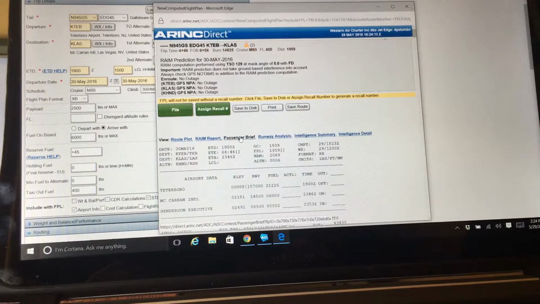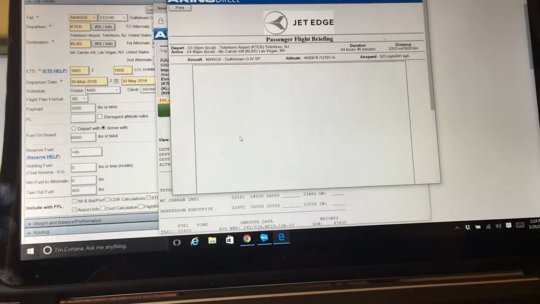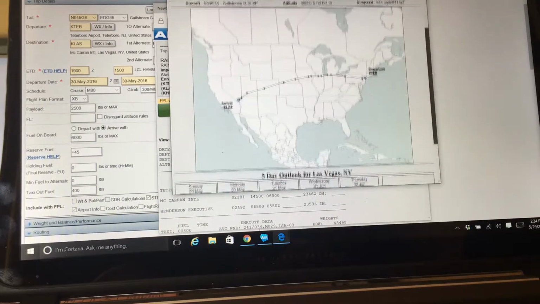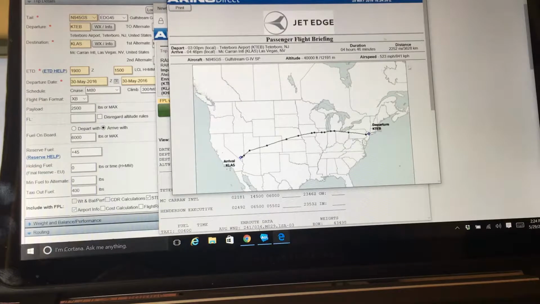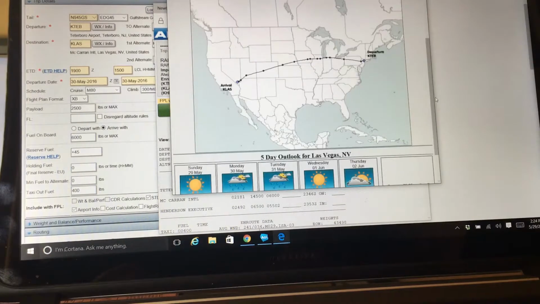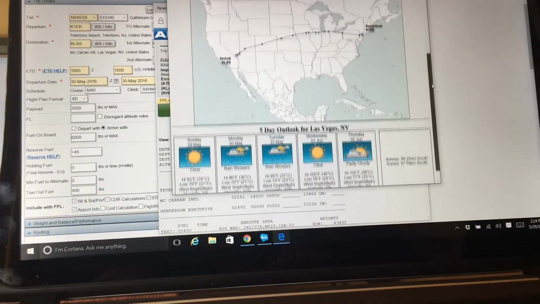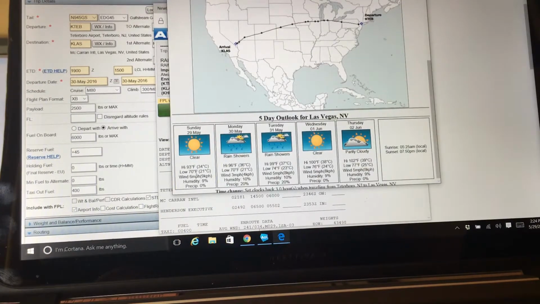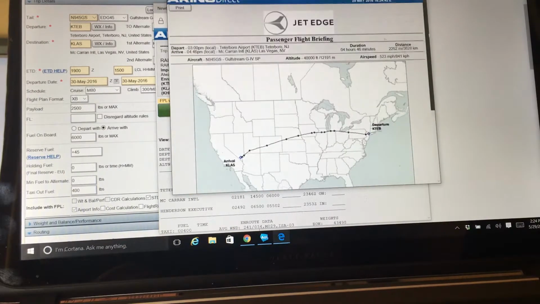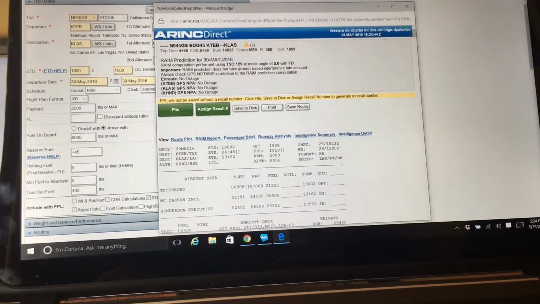I always like to look at a passenger brief. I always like to look at what's going on and what they think is going to be going on down the road, because it's not only going to show my route with all of the waypoints, it's going to show me what I can expect. Las Vegas is looking at clear skies on Sunday, some rain showers on Monday and Tuesday, clear skies and 100 degrees on Wednesday, 102 degrees on Thursday with no humidity. I mean, it's a great day to go to Vegas. So that's always nice to look at. Anyway, you come out of that,